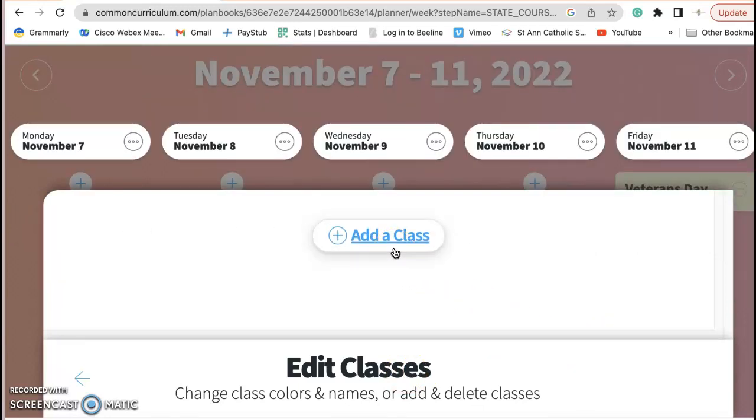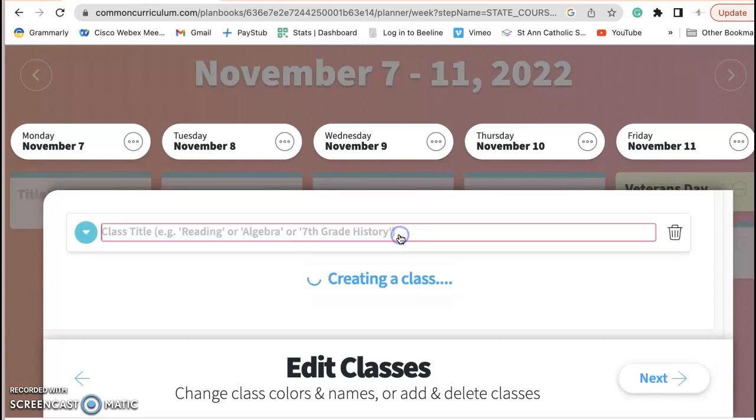This is where you would write, if you're an elementary school teacher, language arts, math, science, social studies, or if you're a high school teacher, regular algebra, algebra 1, algebra 2, tech. This is where you would create those given classes. Because I am an elementary school teacher at heart, I am going to select add class, and this is where I would start titling my class. So I'm going to start with math,